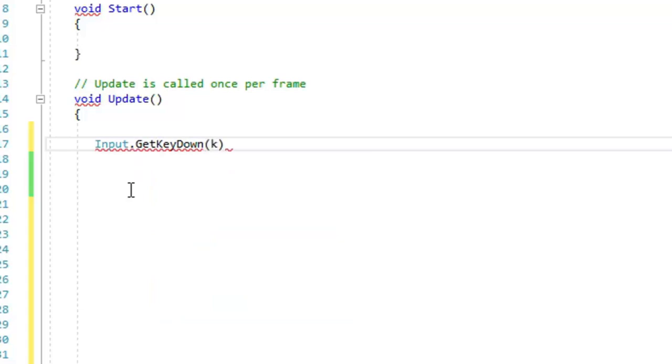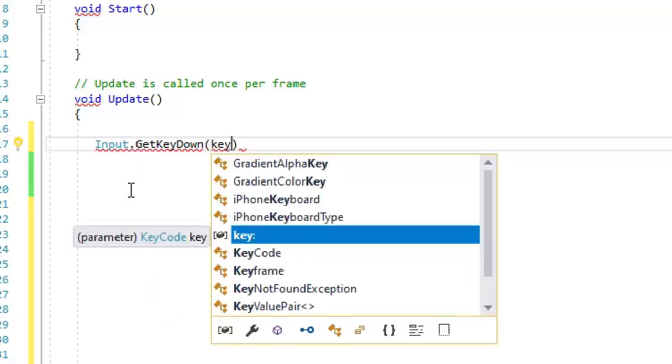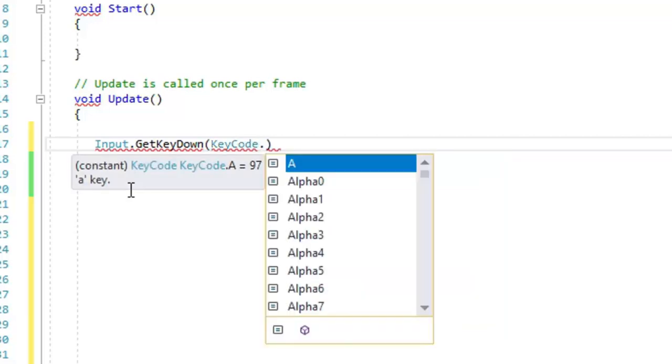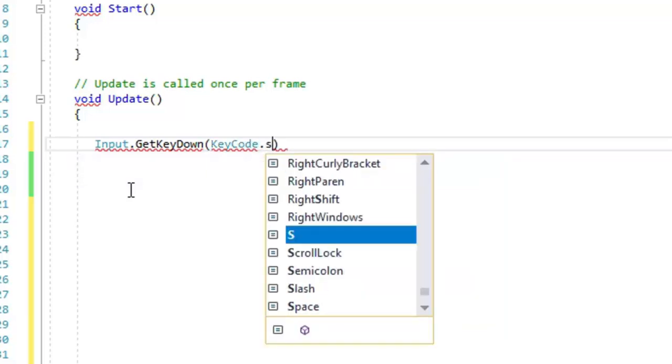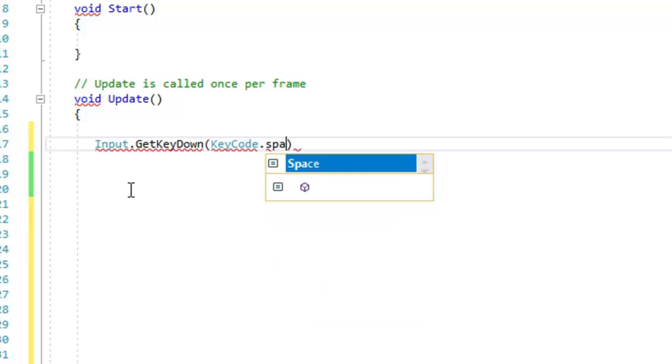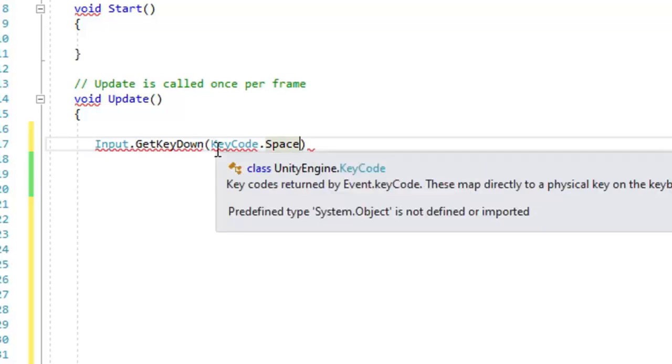As I already told you, it will use a key code dot. Here you can see that all keyboard keys are mentioned. You can take any of them. I will take space.